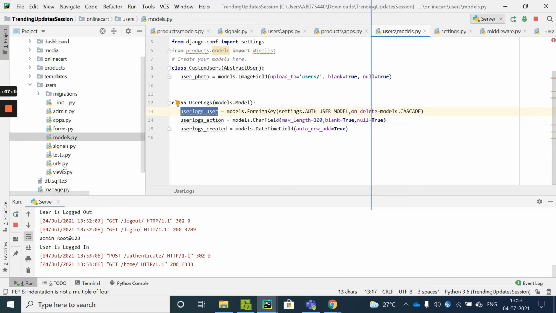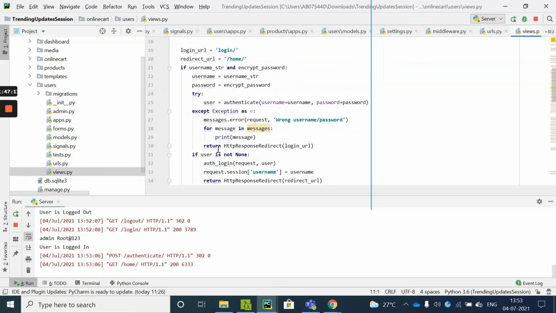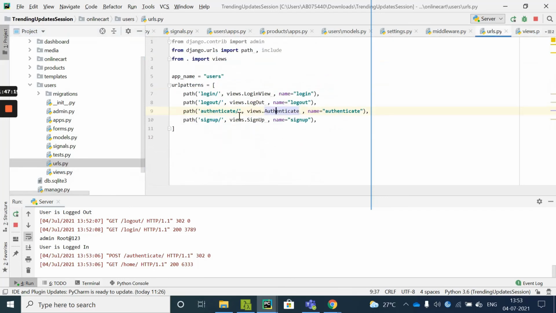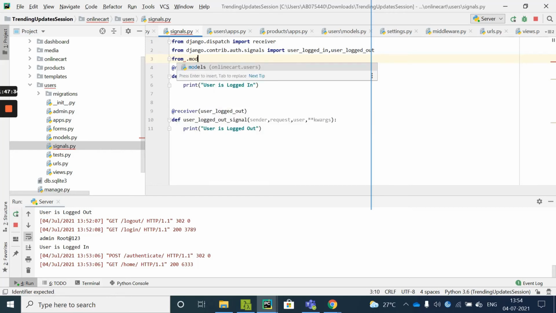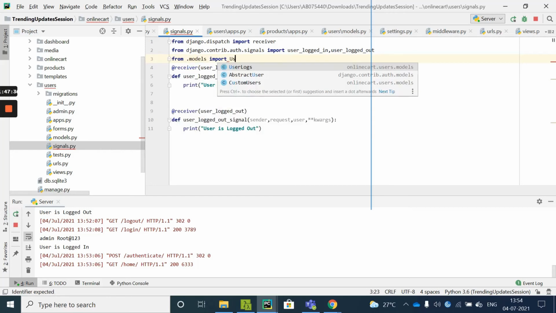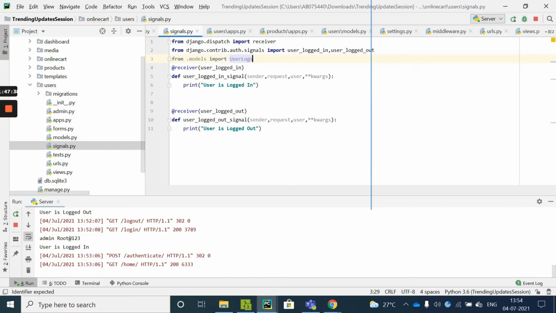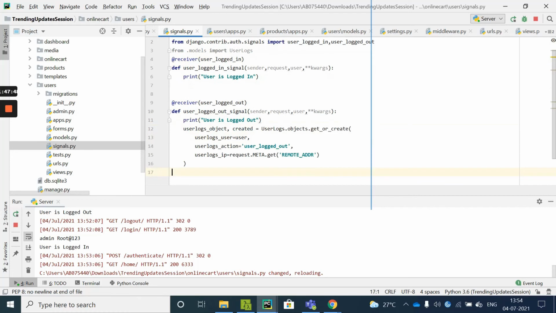So what I'll do here, first of all I go to signal, where I log in these things. So I need a model from users. Okay, I am in the users model, so I can just say from models import user logs. I can import this user log and simply say create the user logs.